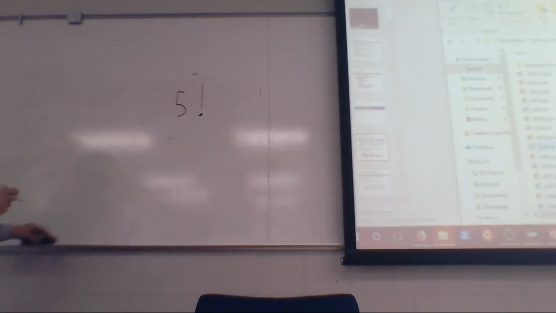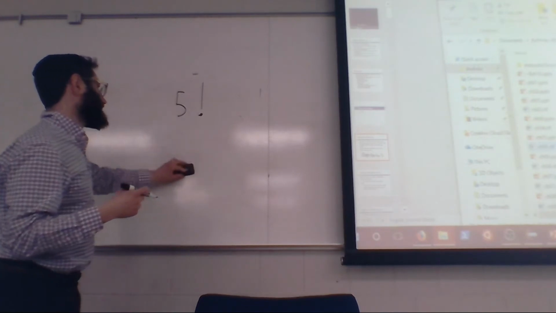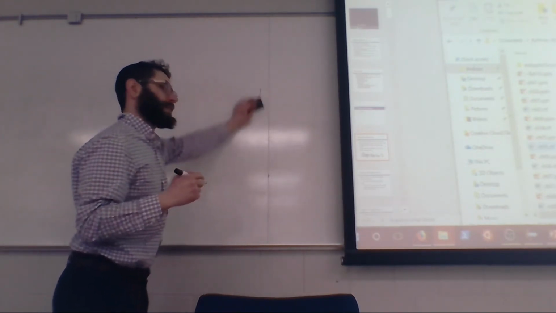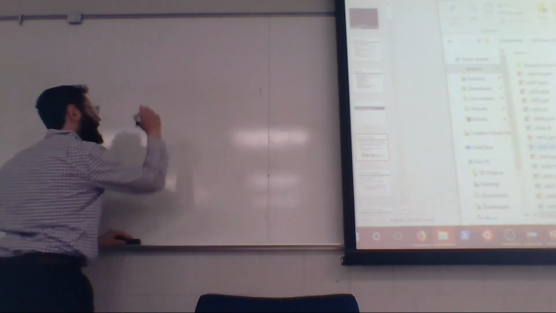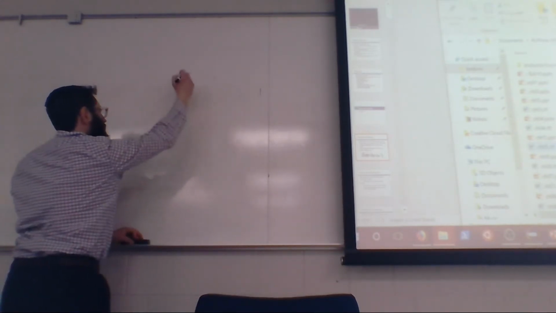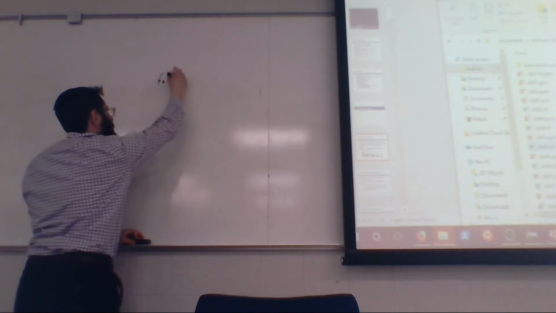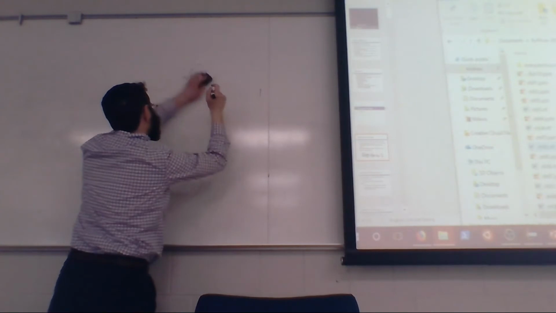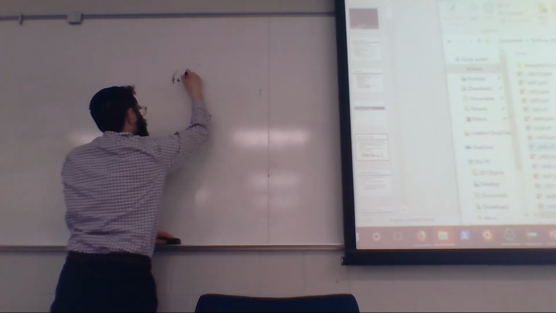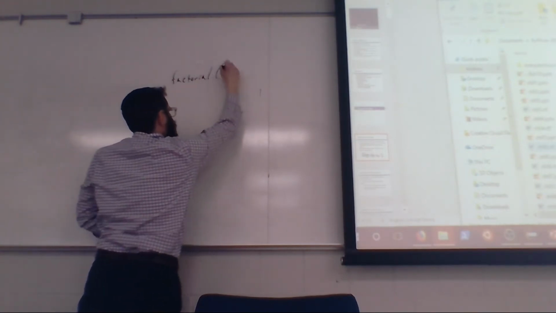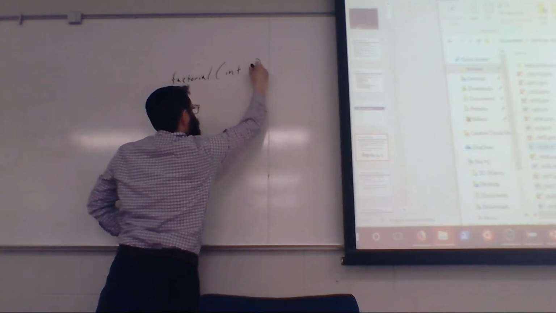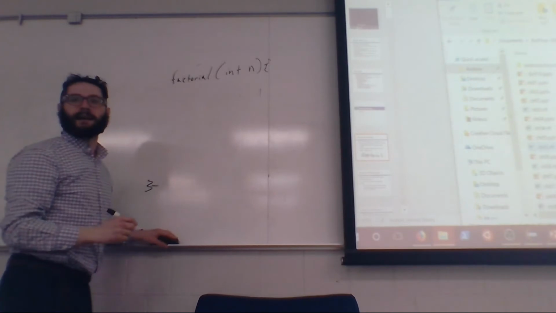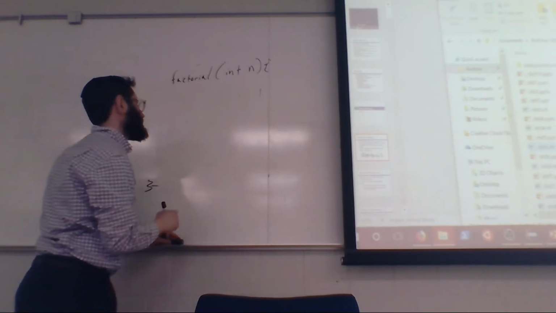So 5 factorial. Let's talk about how we might write this in Java, right? The idea here is that I might have a function factorial, which I'll just call fact. It takes in some integer n, right? It's public static nonsense over there, right? Okay. And the idea here is that the way we might do this is that